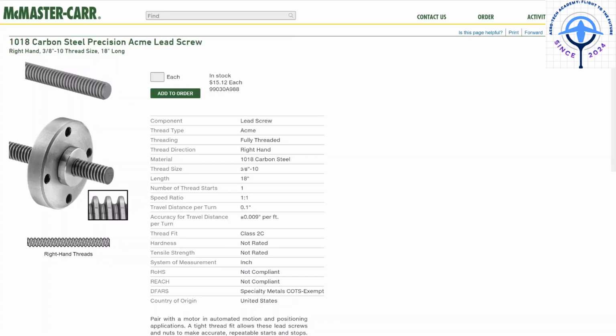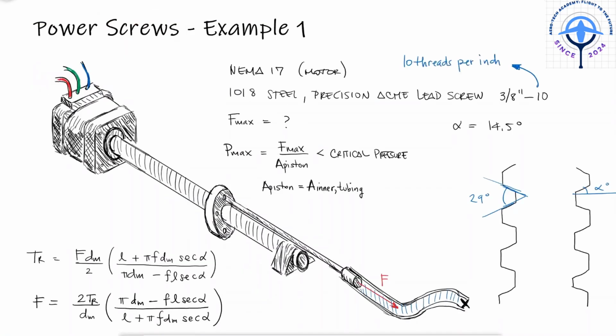The lead will depend on the number of threads and the pitch or the distance between crests. If it's a single threaded screw and there's 10 threads per inch, the pitch is 1/10 inches, and for every turn of the screw, the nut advances 1 pitch, since it's single threaded, which means that the lead is equal to the pitch. For an Acme profile screw, the height of the threads is equal to a pitch over 2,